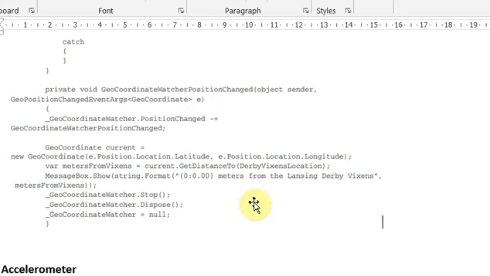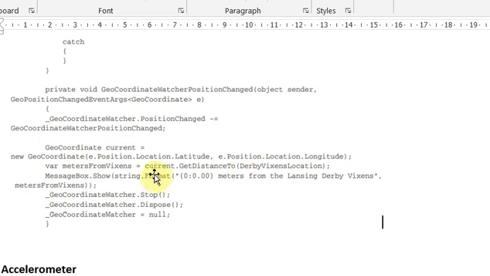Within the position change, first we already set the latitude and longitude for the place where your Derby team is located. That particular latitude and longitude we have set. Here within this position change, your cell phone's current location, which particular position it is in, that position's latitude and longitude is taken and stored here in the variable called current. So within this function we are getting the latitude and longitude of our cell phone.